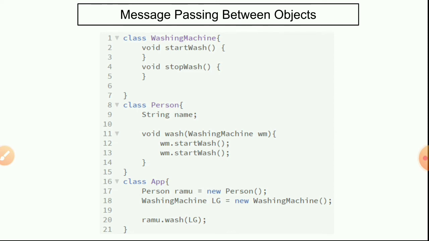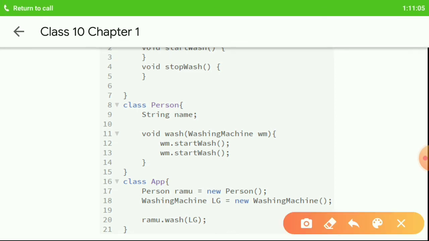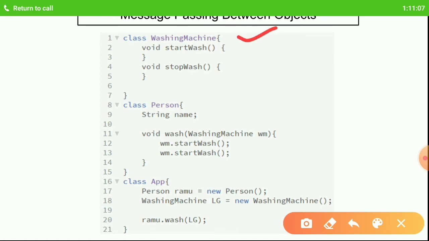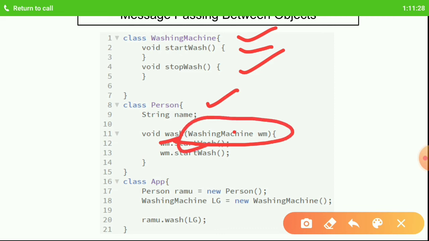Notice I've got three classes. First class is the washing machine class. It has two functions, start wash and stop wash. Similarly, I've got a person class. It has a single function called wash, and inside its parameter it has a washing machine type of parameter.